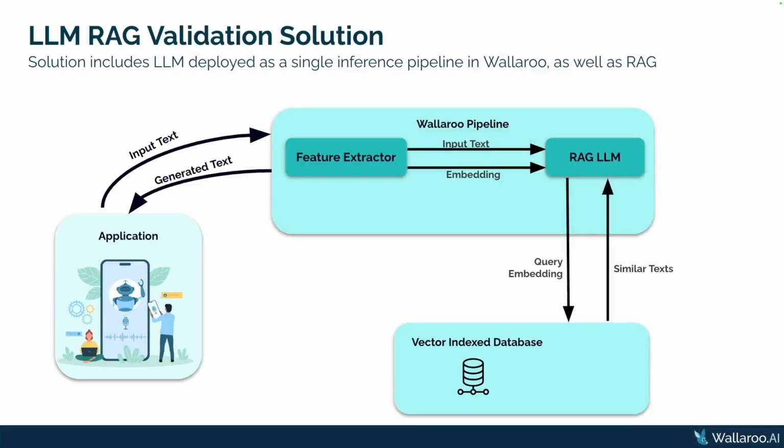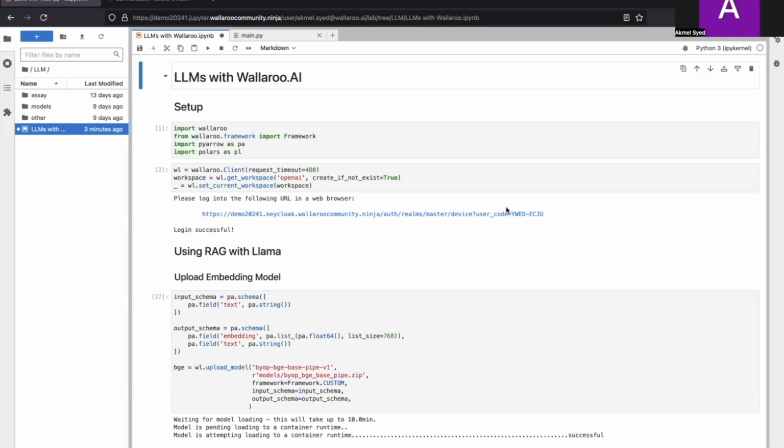In this video, we'll cover production LLMs using Wallaroo and look at how we can address hallucinations by deploying a RAG pipeline with an open source LLM. Let's get right into it. Once we're connected to our Wallaroo client and a workspace, we'll see how in 3 steps we're able to deploy